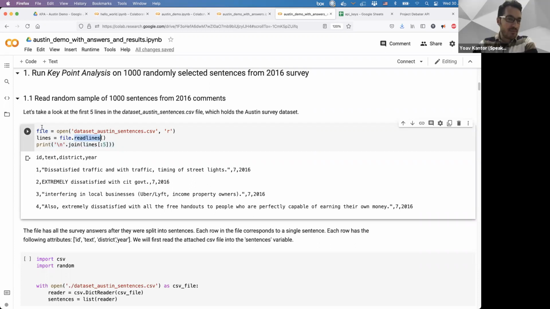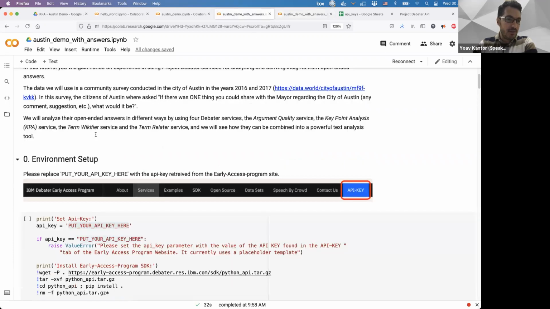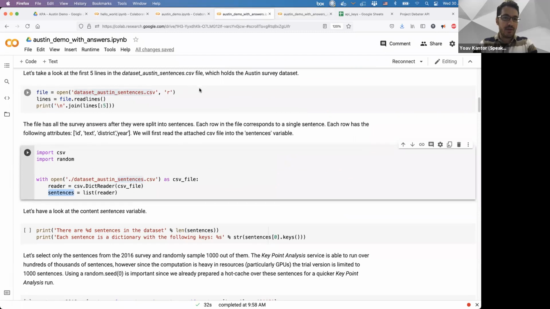Someone asked, what's the type of file? I'm not really sure. Maybe we can check it. I think we can do something like